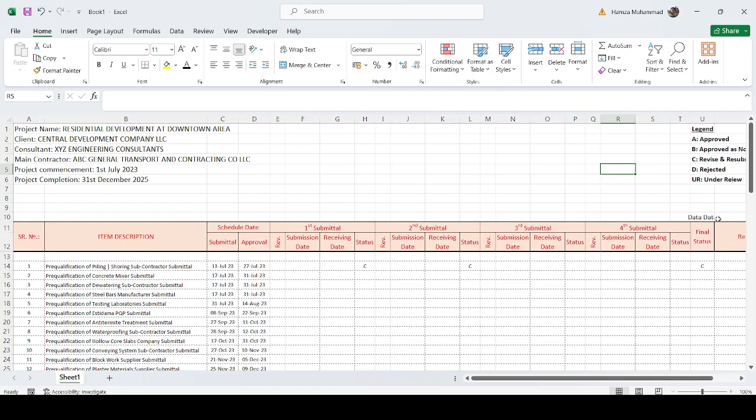Okay, now our date will be typed here. For example, if our second submittal is under review, it will take C. And if we submit again and get B status, it will take B, and then if we submit again and get A status, it will take A. So whatever status is there will be automatically modified here, and in the remarks you can put the actual submittal